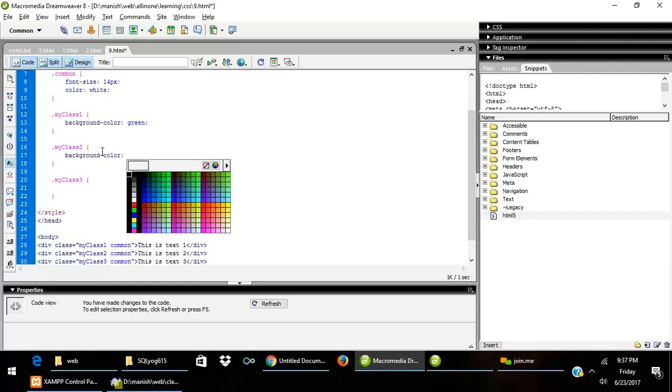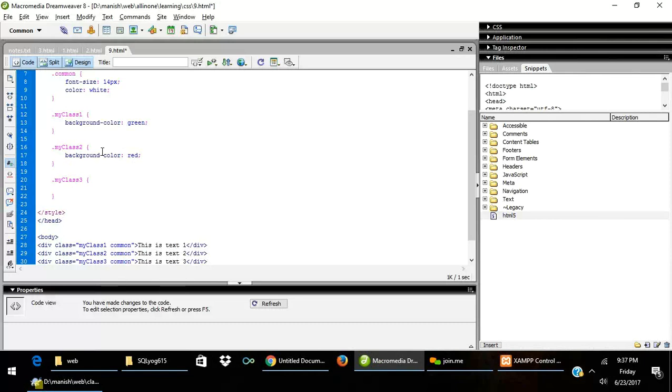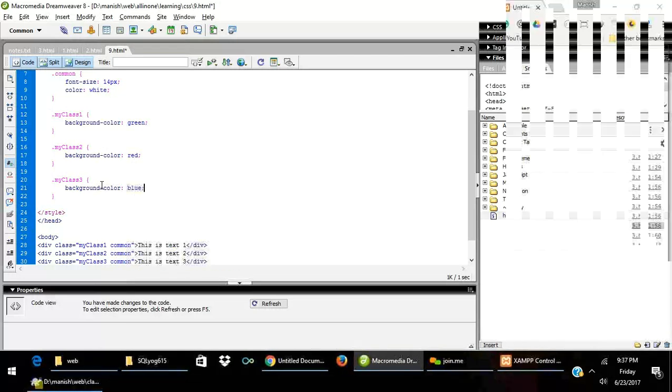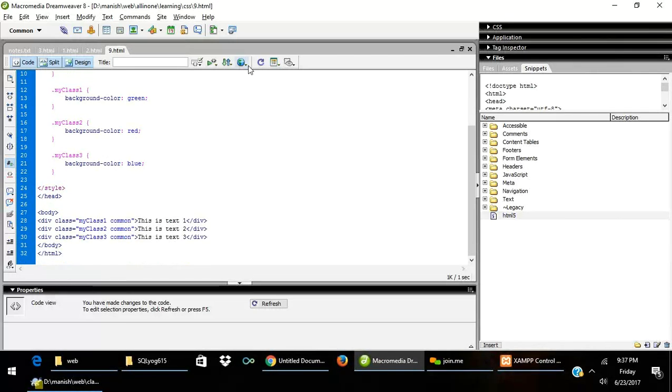of, we have not done background, I'm just putting it, don't worry, we have not done background. We will do background in a few days. To show you, I'm giving just a background color so that you can understand easily. Blue. So now if I run this file,